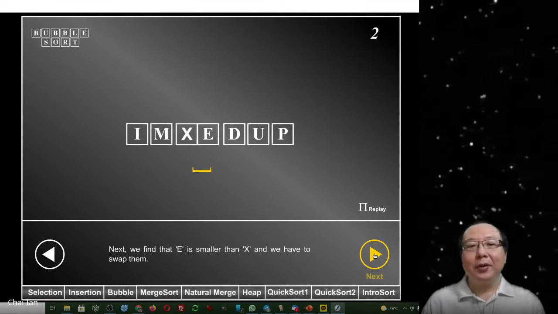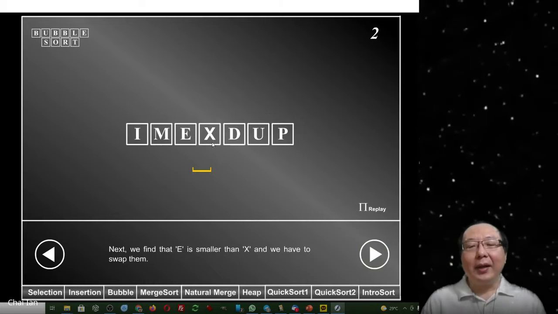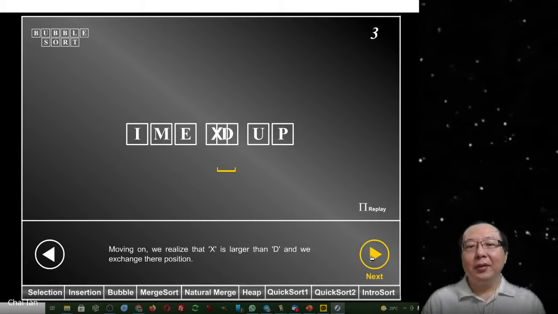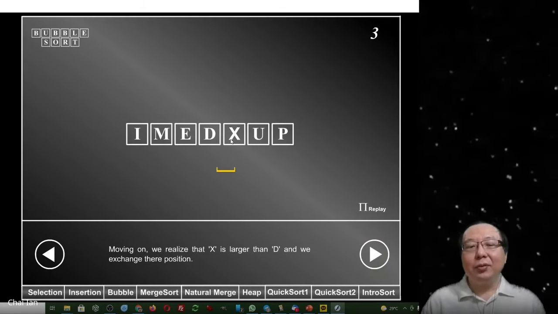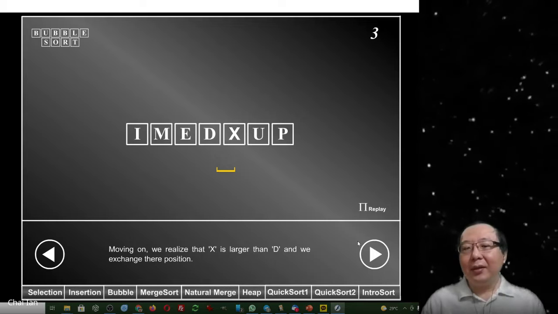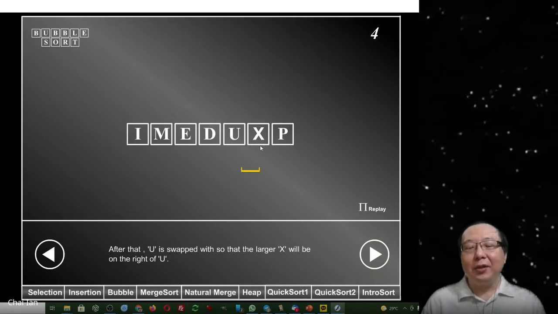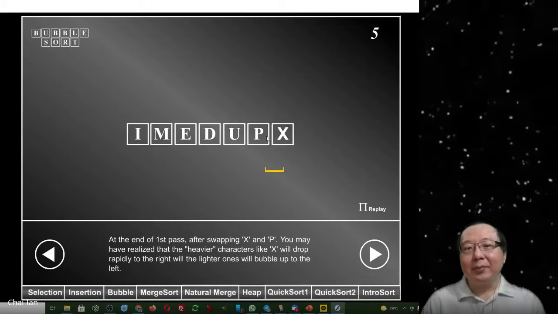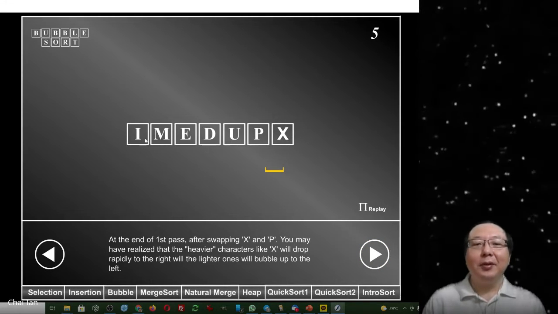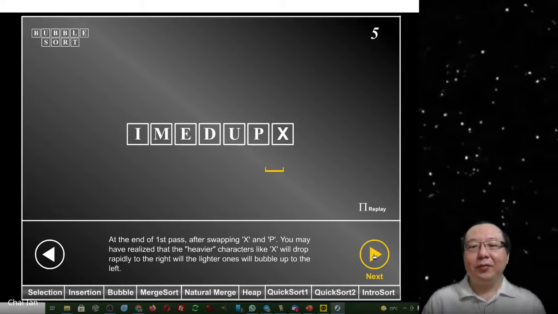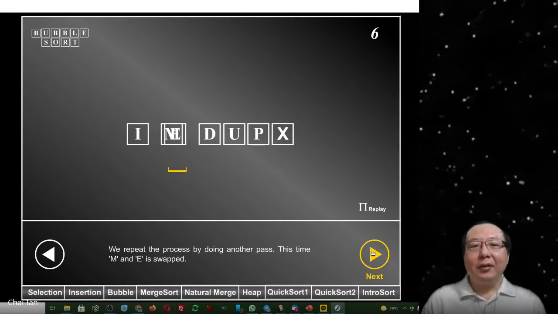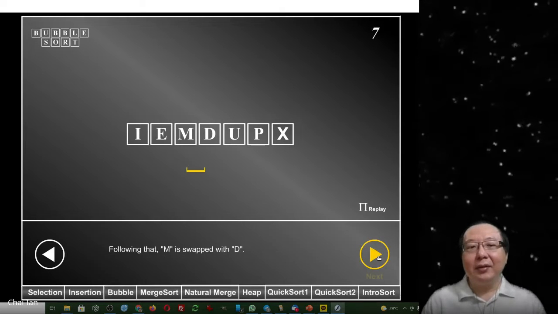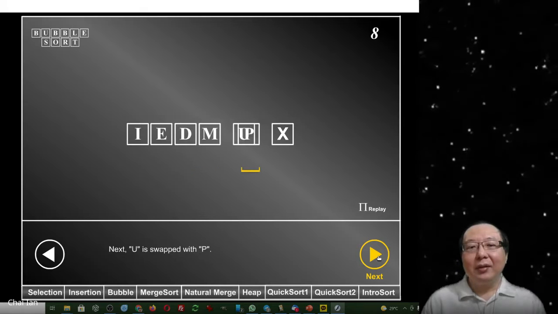Now it goes to the next spot. E and X. E should be before X, so it swaps that. Then the next spot, these two need to be swapped again. And here again, U and X will need to be swapped. And then P and X will need to be swapped. So you see the X has sunk all the way to the bottom, whereas all the lighter ones have gone further to the front. Then it has to go to the next again and try again, again, and